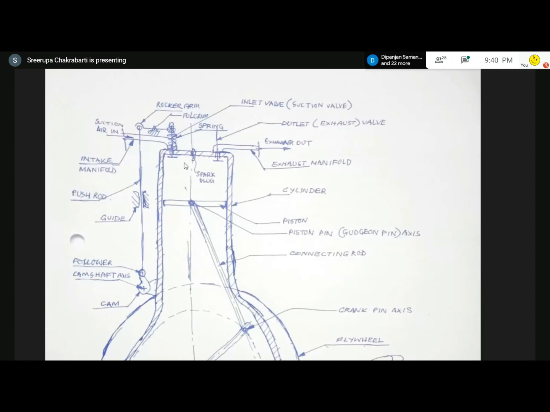So when the combustion starts and when the peak pressure is attained, the peak pressure is attained very close to the top dead center. Suppose you make the spark when the piston is at the top dead center, then the combustion will start later and the peak pressure will be attained when the piston has gone down during the downward journey. That we don't want. So it needs to be very close to the top dead center.